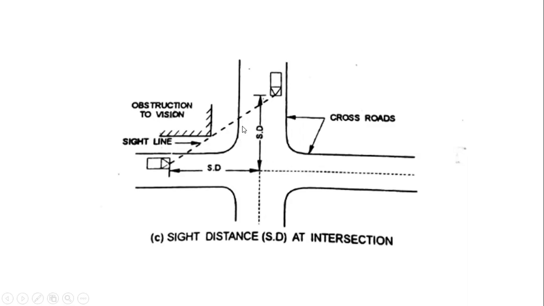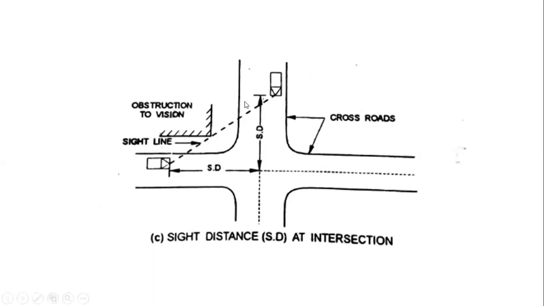You can see here, in the case of sometimes adjacent to the roads, you will have a lot of buildings constructed, right? Because of all these, the sight line of the driver is being obstructed by this building or whatever. It can be trees, it can be buildings, sometimes it can be advertisement boards. All those are examples of obstructions.